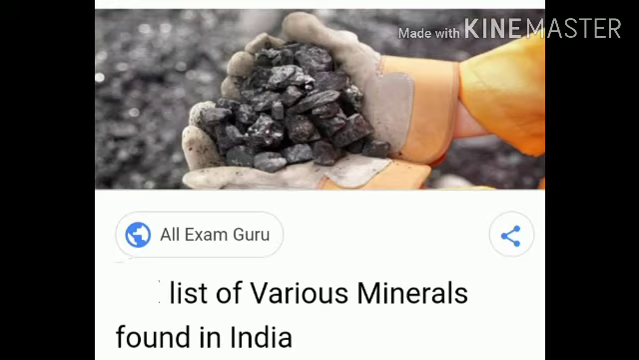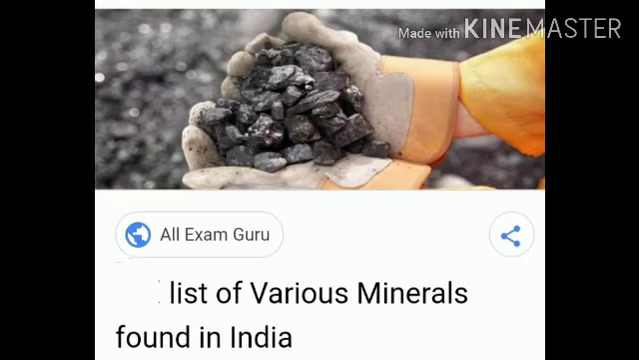The ocean beds too are rich in manganese nodules. India is fortunate to have fairly rich and varied mineral resources. However, these are unevenly distributed. Unevenly distributed means these minerals are not found everywhere